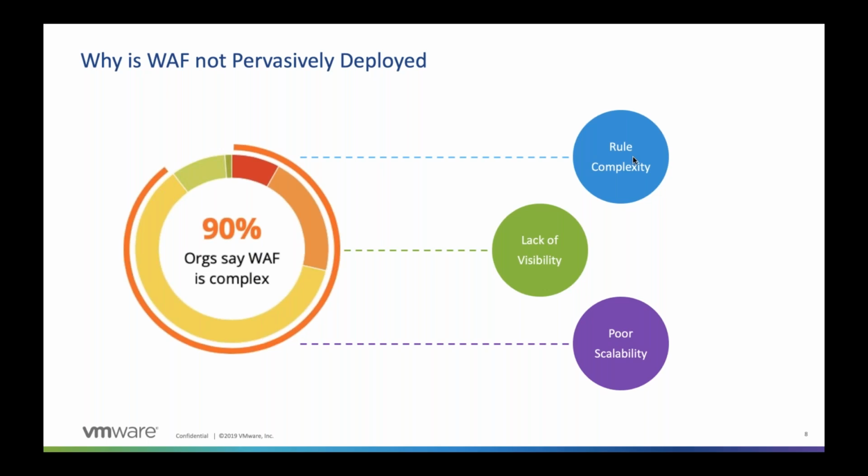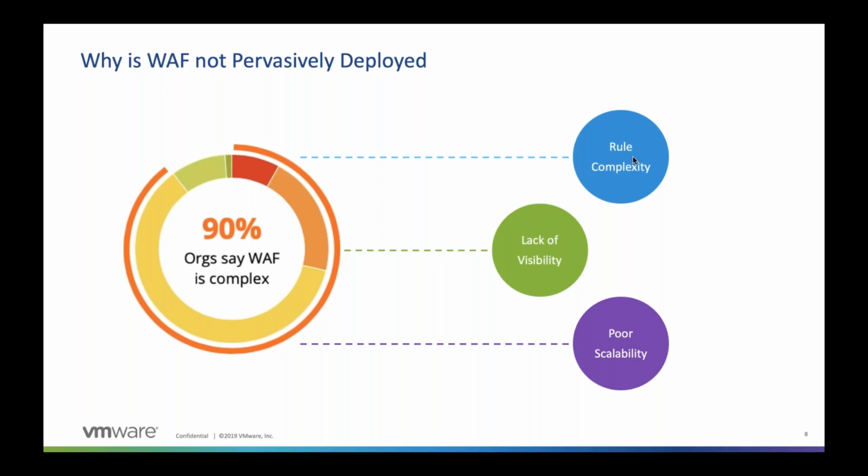An application firewall needs CPU resources. So if you have an appliance-based model, it's impossible to just add more compute if you need it, because your application has a spike in traffic and you want to handle that with the application firewall. That makes it really hard to use a legacy WAF. And I want to show you today how that can be done better.